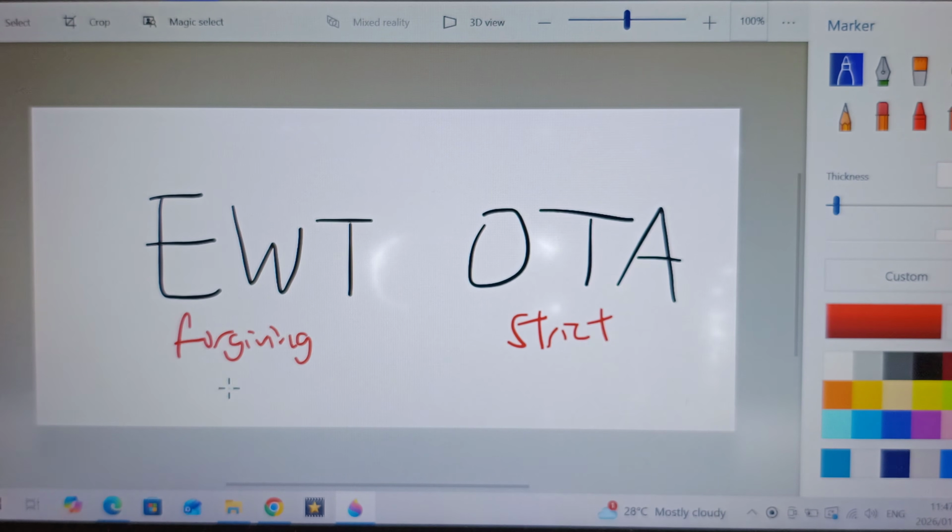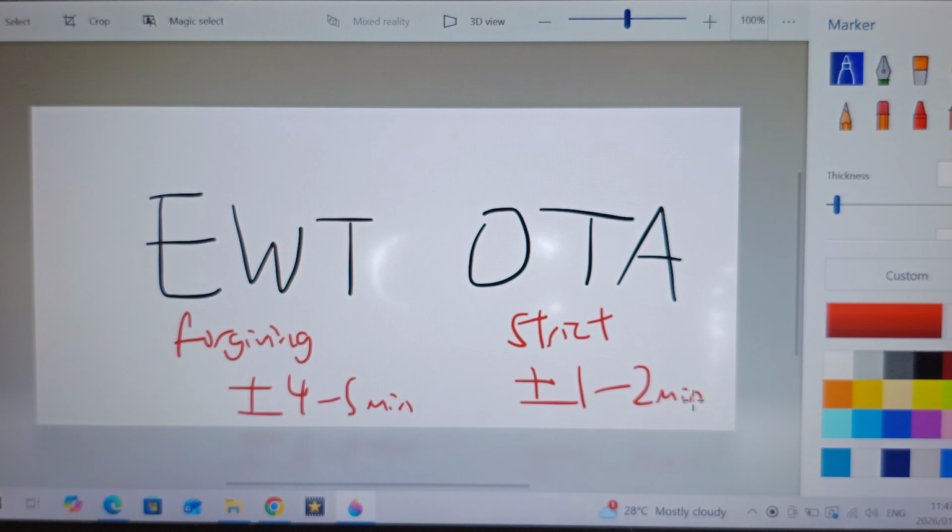And this thing is usually plus 4 to 5 minutes. They allow you to deviate from the scheduled runtime by 4 to 5 minutes. Whereas with OTA, you have to follow time on the dot whenever possible. But again, due to traffic conditions on the road, depending on the bus service, it's usually 1 to 2 minutes. Like 506 is 2 minutes. I don't know if it's still 2 minutes, but 136 is 1 minute. Different operators have different standards for the deviation of OTA. EWT is a little bit more fixed.